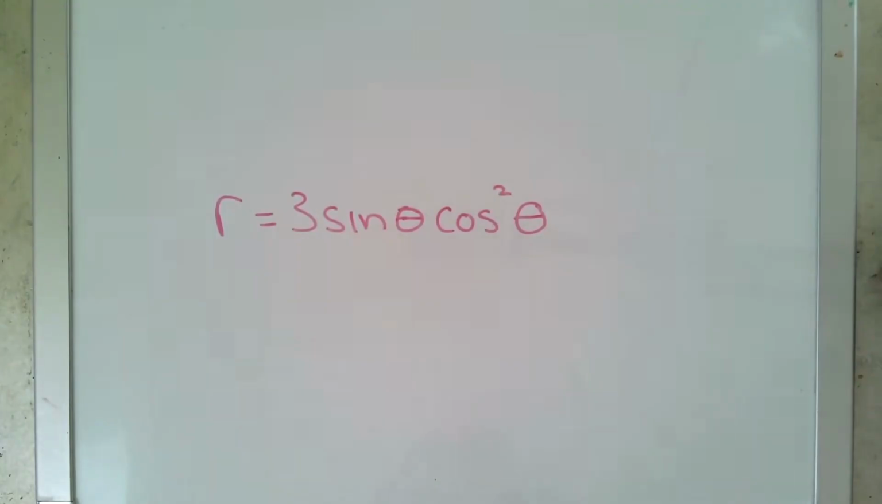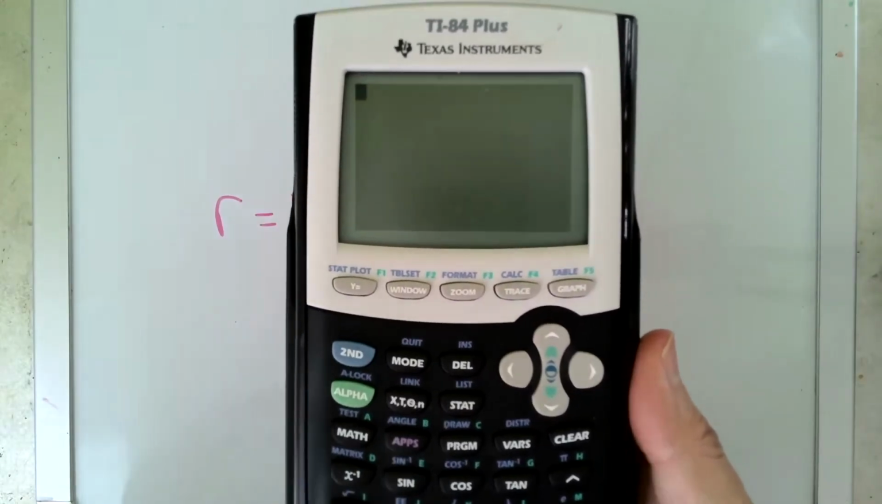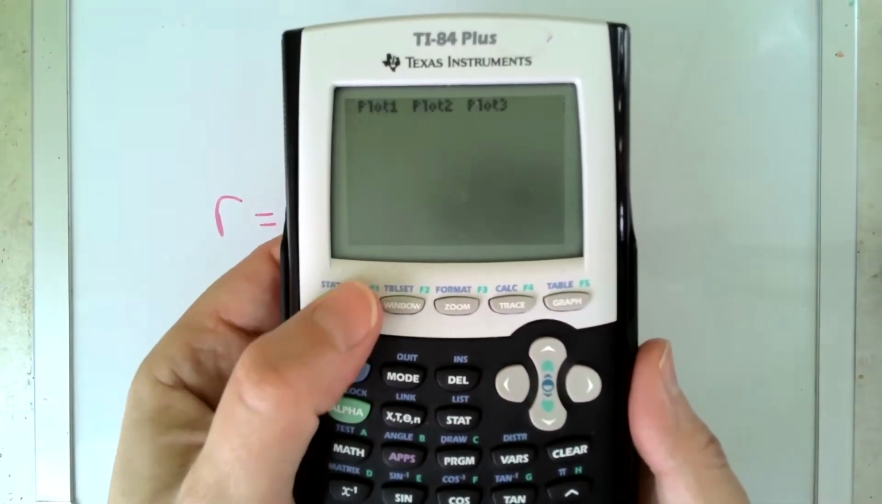Good morning. Continuing our work on polar equations, today we're going to take a look at how you graph a polar equation using your graphing calculator. Let's say the polar equation we're being asked to graph is r equals 3 sine theta cos squared theta. If we were to begin to graph and we go to our y equals, well,